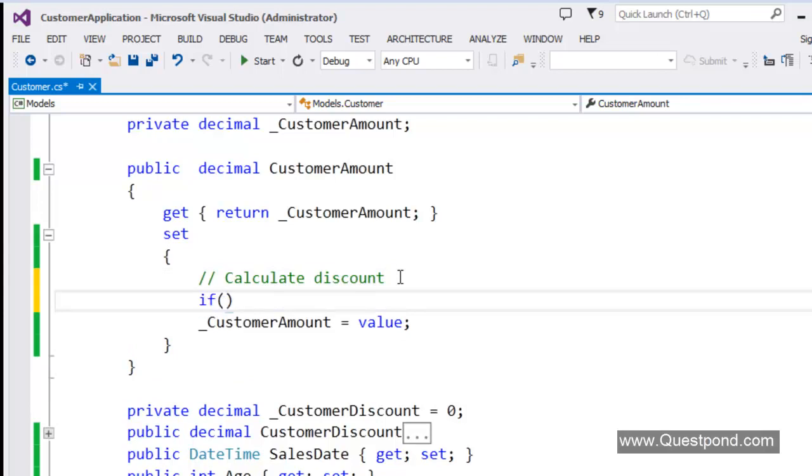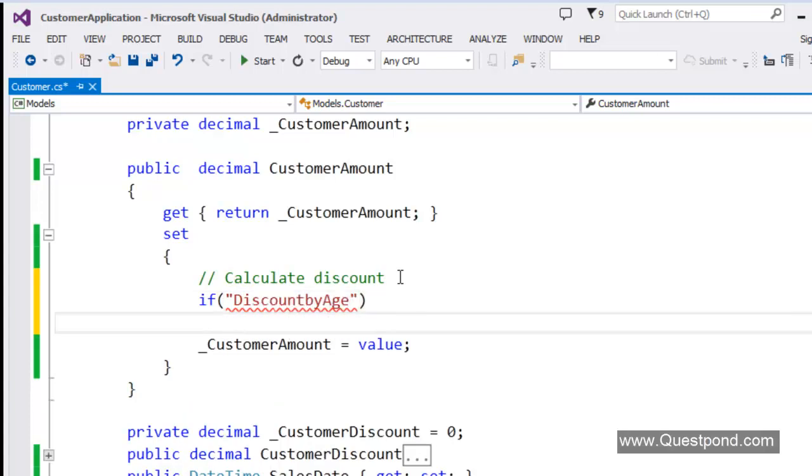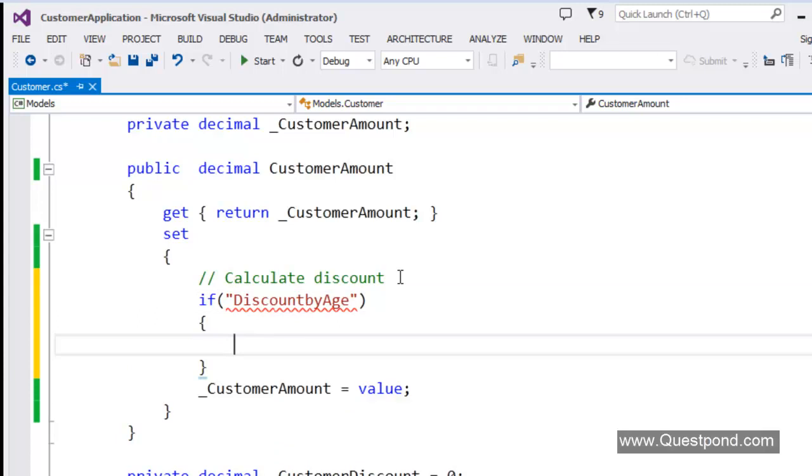This if condition will decide first what user action has been initiated. If the end user has initiated an action where he says calculate discount by age, then you will have an if condition here like this, and you will have the calculation of discount logic here. So calculation of discount by age.